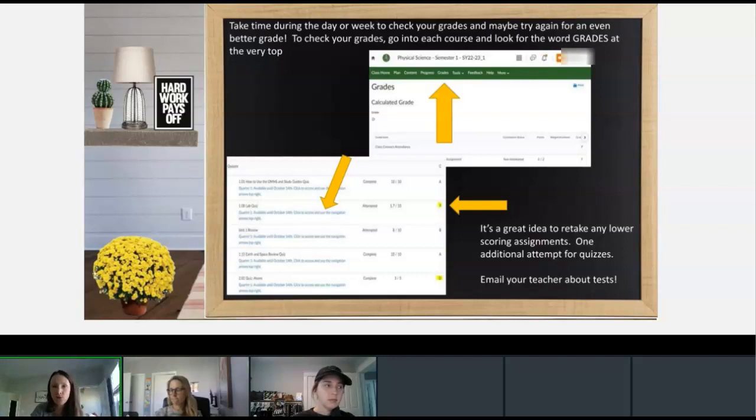If you would like to retake a unit test, you have to get permission from your teacher before you're able to do that. So you are responsible for emailing your teacher and asking nicely for permission to retake your unit test. We don't want to get the email from your learning coach. We want the email to come from you, okay? Even if you get a B on something, you can still retake that to try to get an A. You guys have ample opportunities.